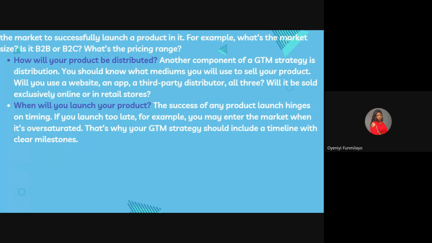It's different because for a B2B, the way you would do your marketing and everything, you will not do that for normal business to consumers. So let me give you an instance. Can somebody give me an example of a B2B?